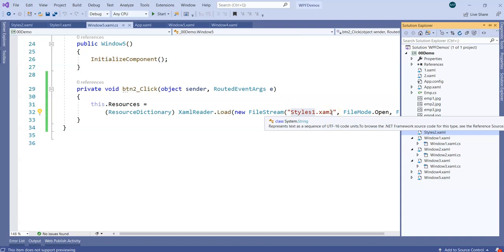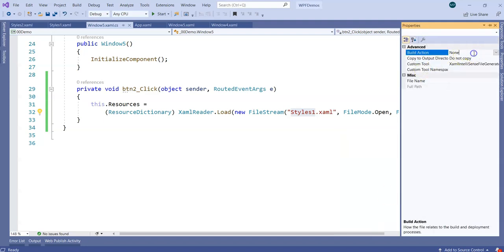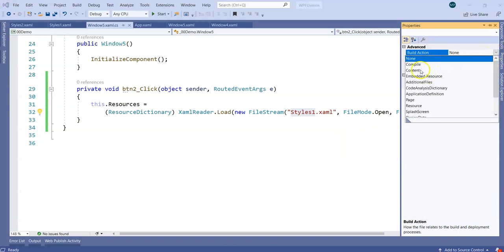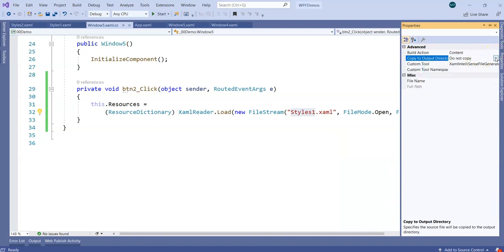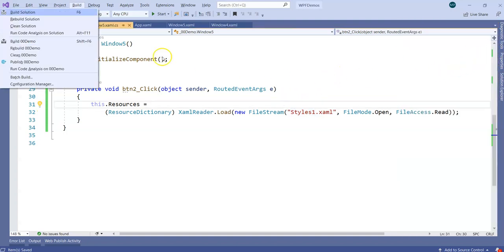So where exactly does our exe exist? The exe exists in the bin\Debug folder. So we need to ensure that these two files are going to be there in the bin\Debug folder. For that purpose, I'm going to right click on these two files, and then specify the build action as content, which can be copied, and I want these contents to be copied always. So if I compile my project now,